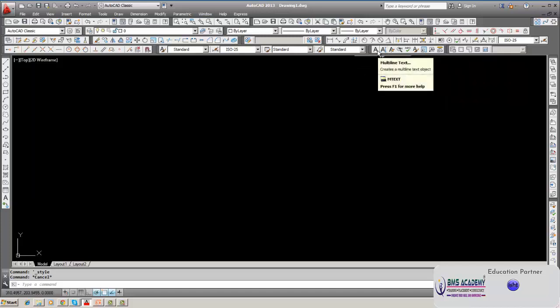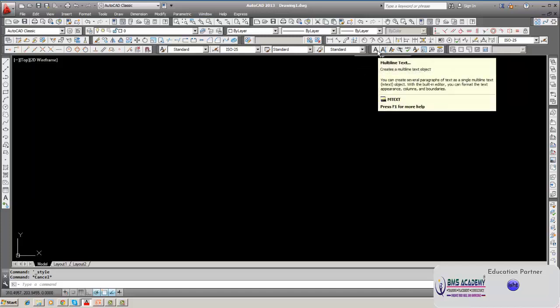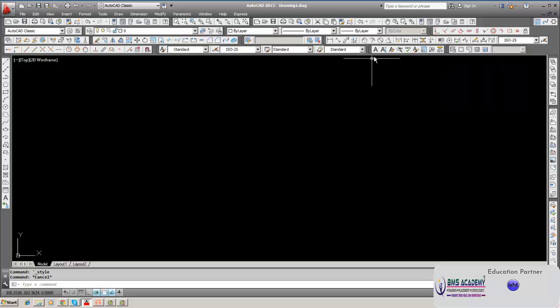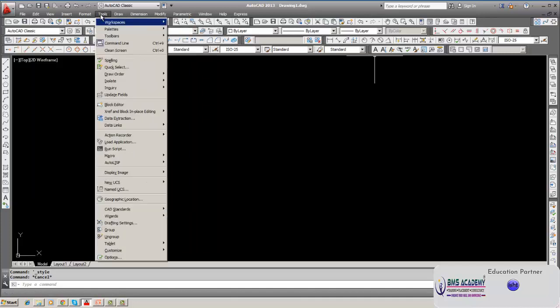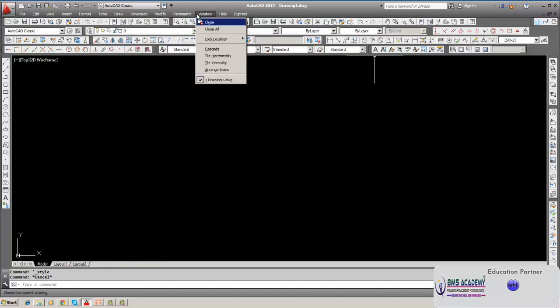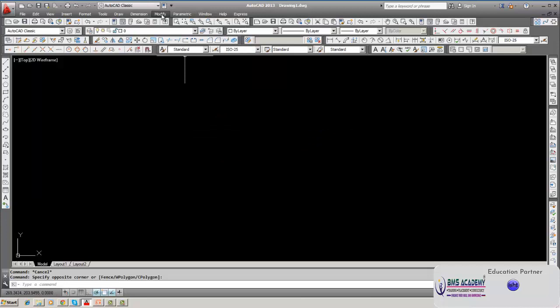Now we will talk about multi-text line. This is what is very frequently used and required by us. Suppose we click on this here, or it's also here somewhere in the text modify, somewhere in the tools, and somewhere in the pop-up menu it is there. Either you can click here, or on the command line you can also type